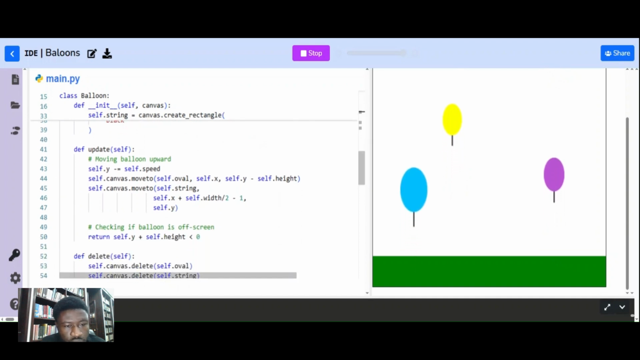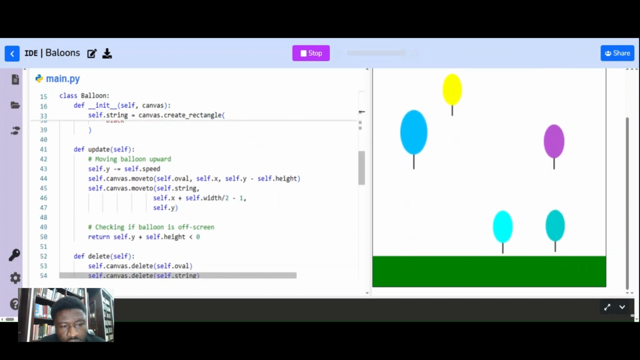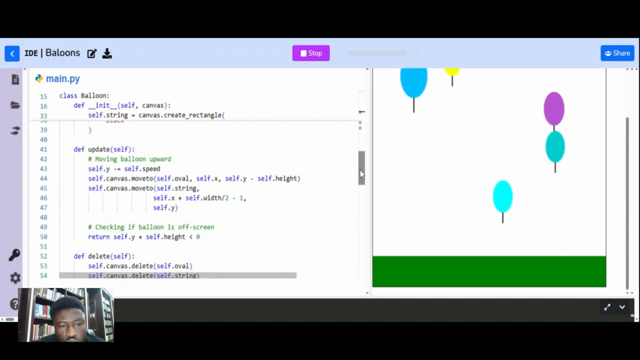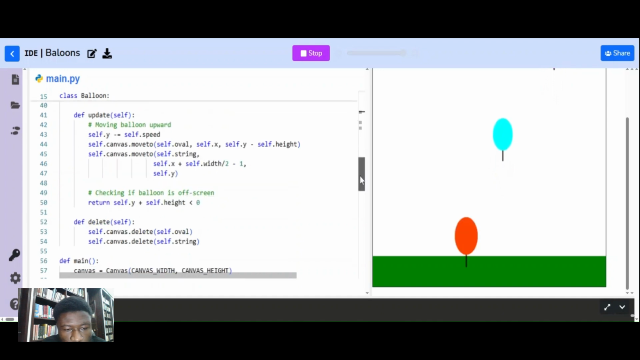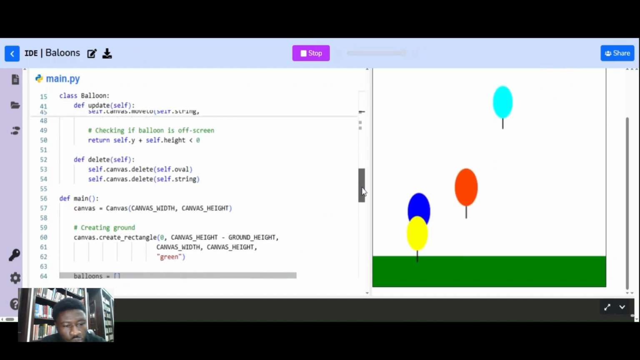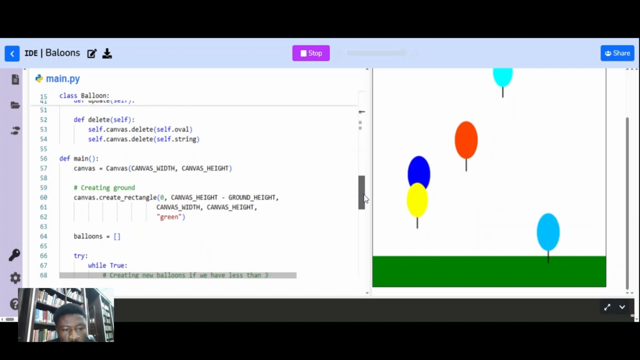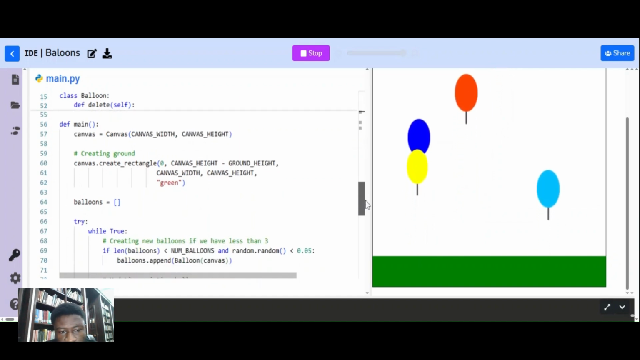At this point, I created a function called update to help the balloons move upwards and then disappear once they're off the screen. So with the main function, this is where we actually created the balloon with a different color, and then